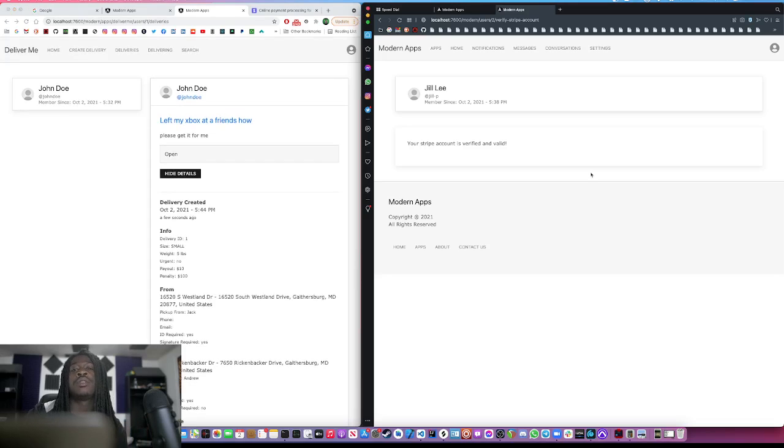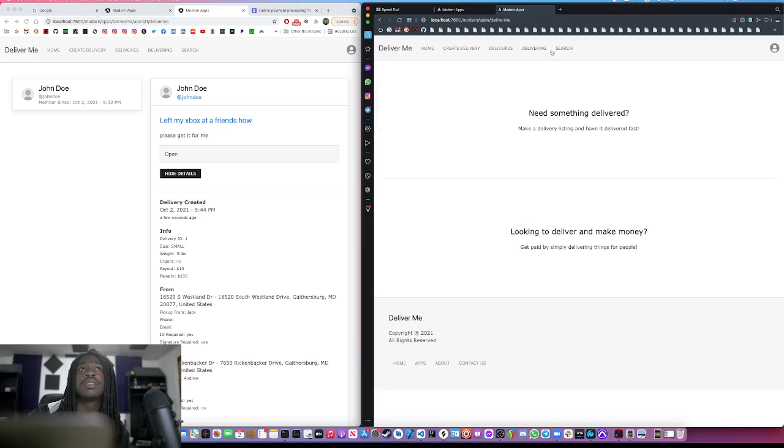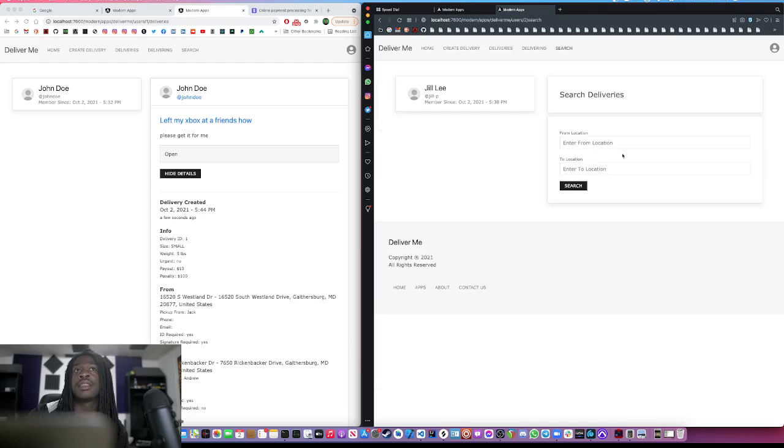Now let's say you want to use this and make money just delivering stuff for people. So you can come to DeliverMe, search, and this is basically where you would search for deliveries to deliver. In this case, you have from location and to location. So let's say you want to find deliveries from here going to here. You can put in either or you can put in both. In this case, I'm just going to do to location because I just want to search for deliveries going to somewhere. We'll put in Gaithersburg,